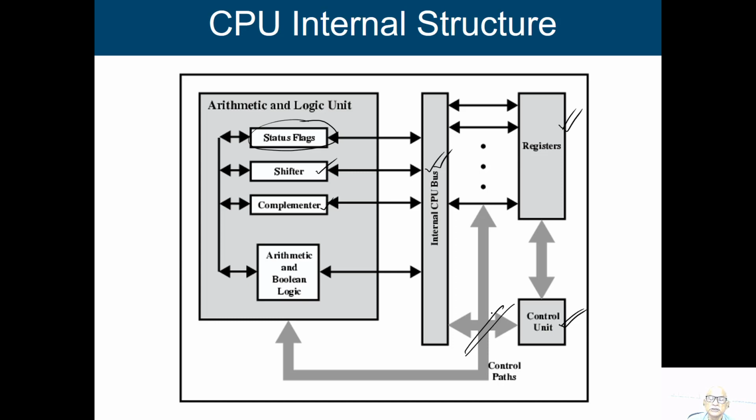So, basically you see we have two kinds of data transfer bus inside your processor. One is called the data bus. Through this data bus we transfer the data from one point to the other point. The second one is the control path, or control bus. Through this control bus we transfer the control signals from one point to the other point. Alright.